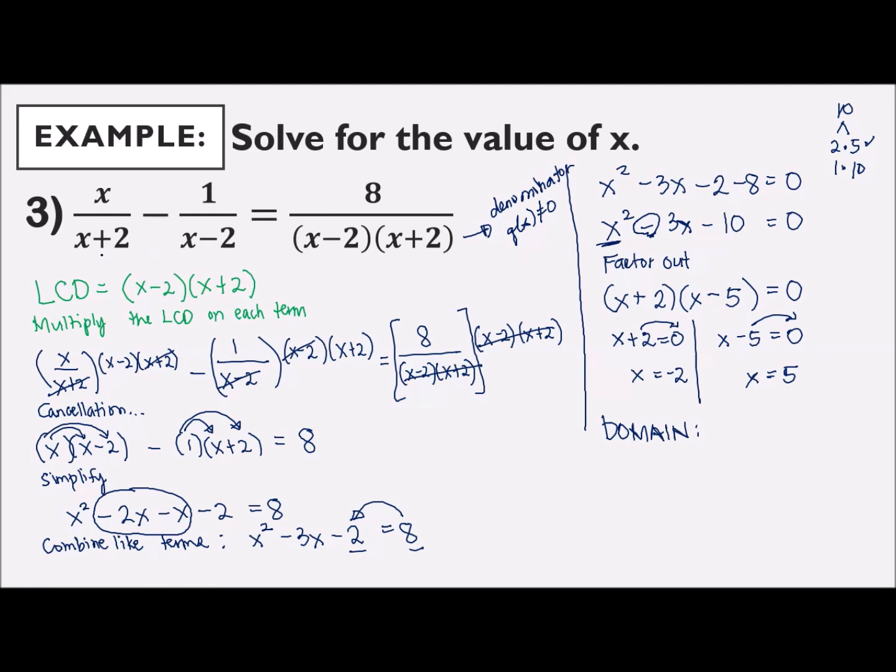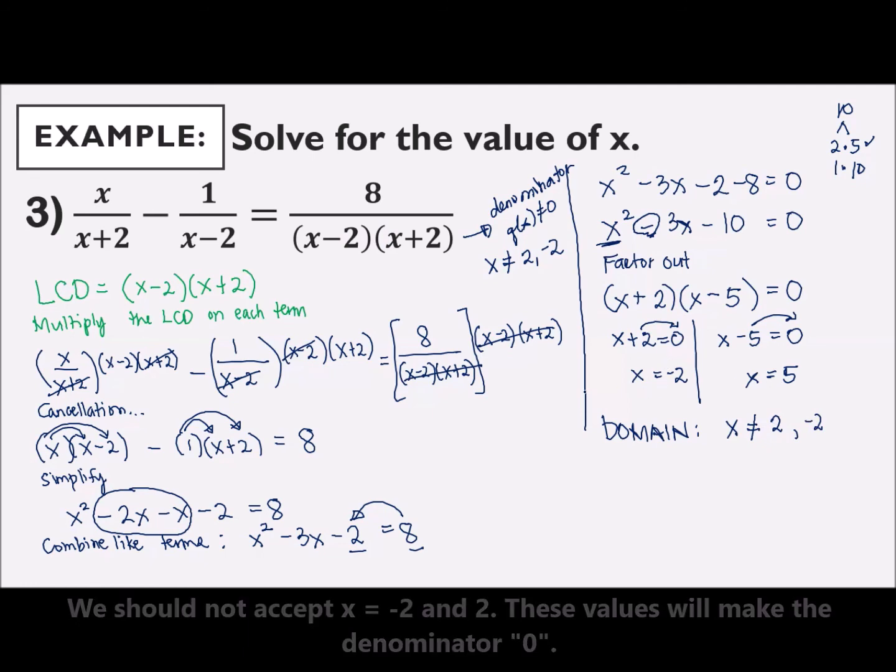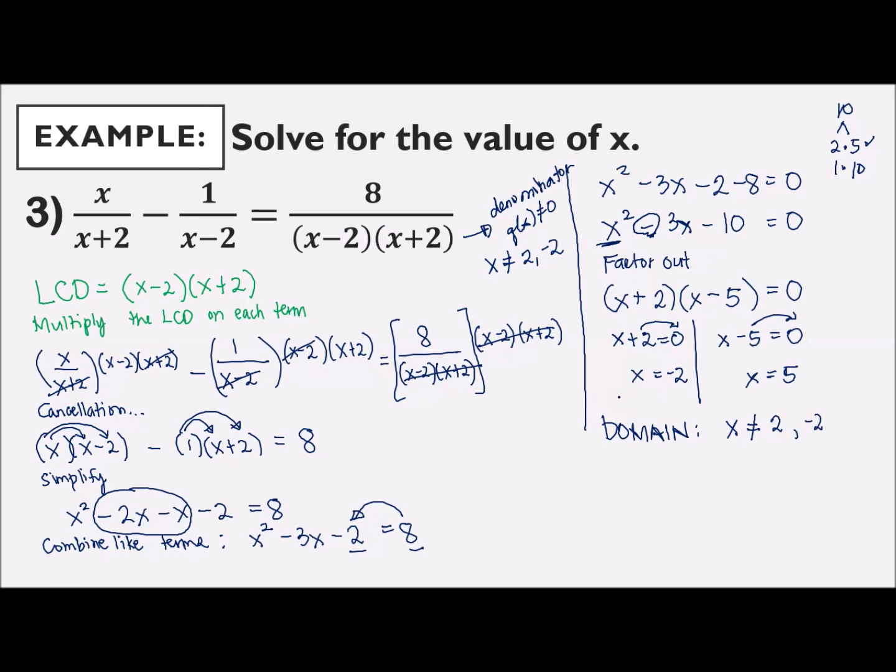So, ibig sabihin dito, ang bawal maging 2, tsaka bawal ding maging negative 2. Kasi kapag naging 2 at tsaka negative 2 ito, magiging 0 na yung denominator natin. Okay? So, nilagay ko rito, the domain should not be equal to 2 and negative 2. So, bawal yan. Dahil nakuha natin tong si x is equal to negative 2, magiging 0 yung denominator natin, hindi na